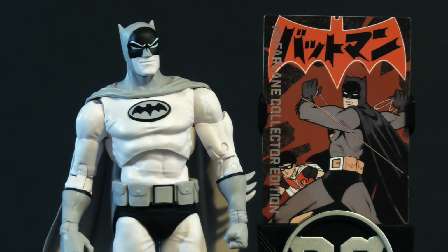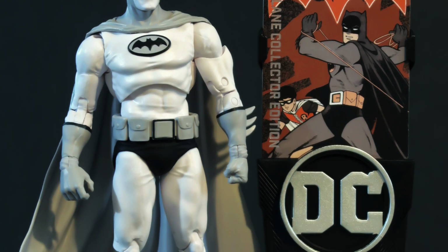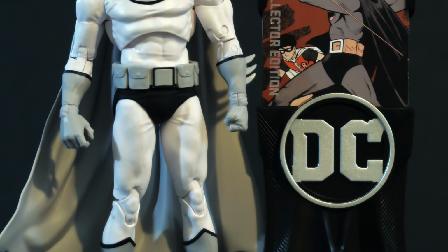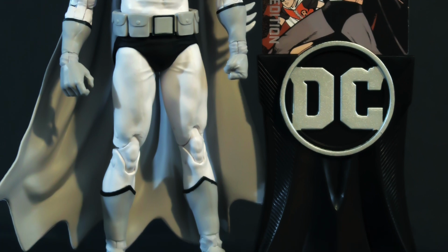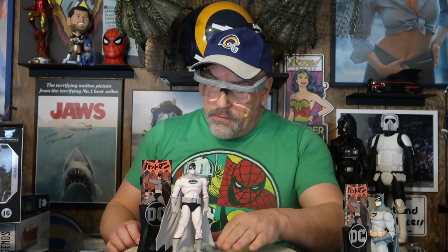So this one comes with the same card and the same DC Comics display that the other one came with. It actually makes a nice little display. So I think these are cool looking. These will look great in a case. I mean, I've got a ton of Batman figures. A lot of them were the